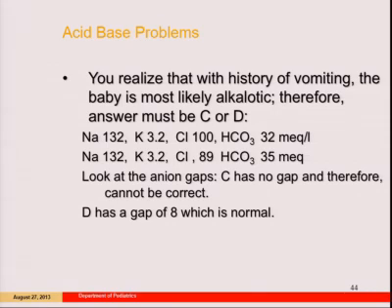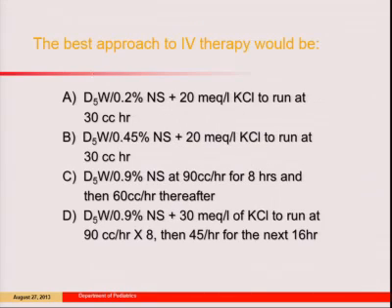You realize, with vomiting, he's most likely going to be alkalotic. Therefore, it must be C or D, because those are the two alkalotic ones. Why is it D? Actually, C has no gap. There's no anion gap, and that's impossible. So that's it. The other way that this will show up on the boards, pyloric stenosis is clearly the most popular, but a cystic fibrosis patient who's losing excessive chloride in sweat is the other way this shows up in terms of the same kind of electrolyte question.